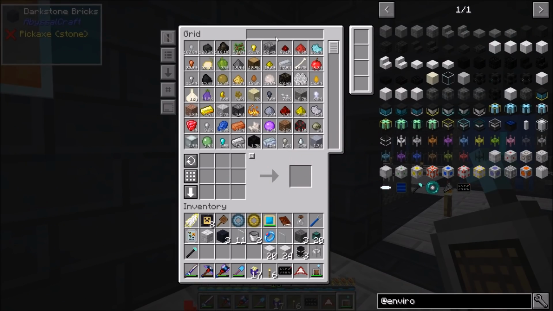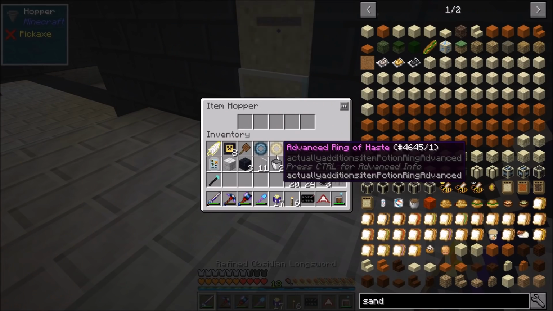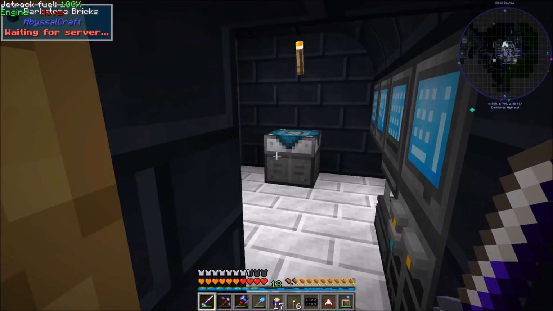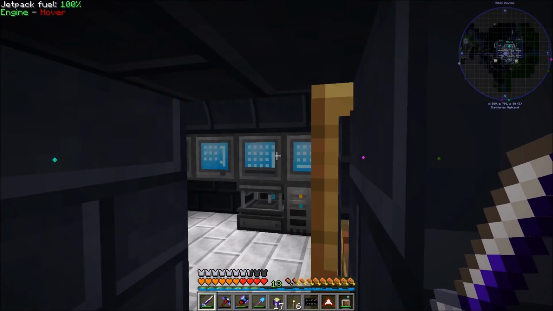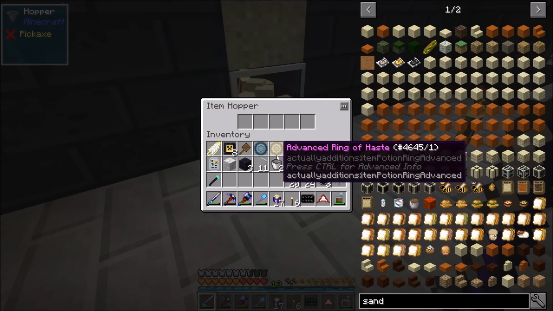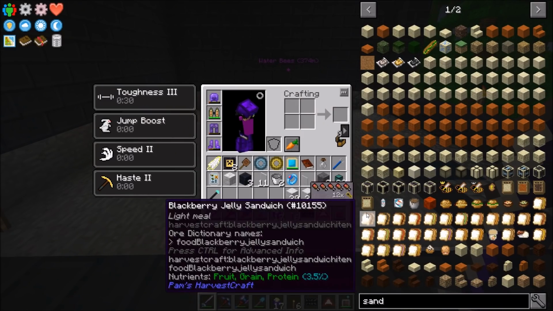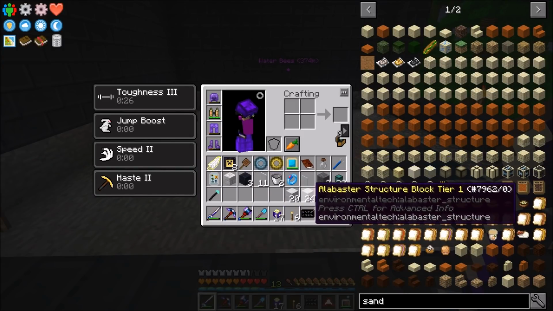How are we doing on sand at the moment? 8,000 sand. Okay. How much storage do I have for that? Oh yeah, we can store up to 16 stacks of double compress, so we are all set. We'll just let that keep running for a while. And those speed upgrades are working perfectly. So, alright, so what we're going to do then is, let's use our...